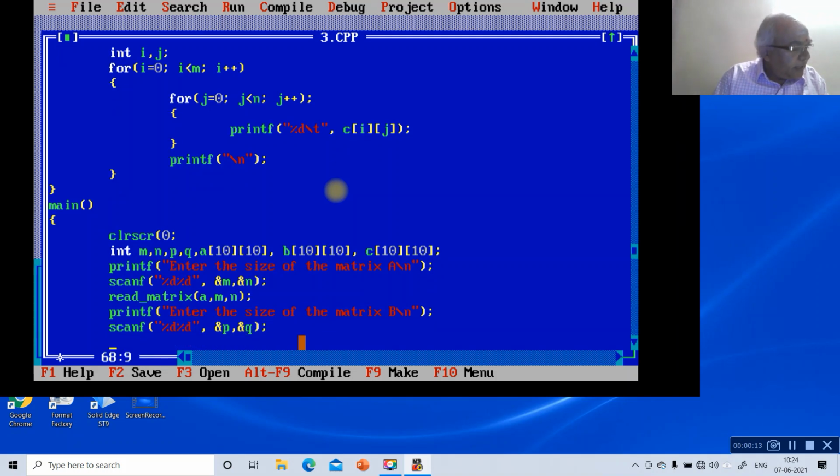Then printf "enter the elements of the matrix B".